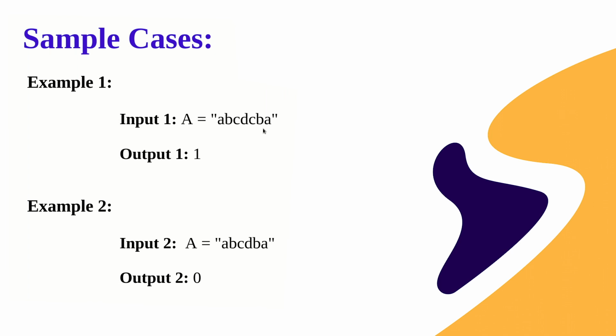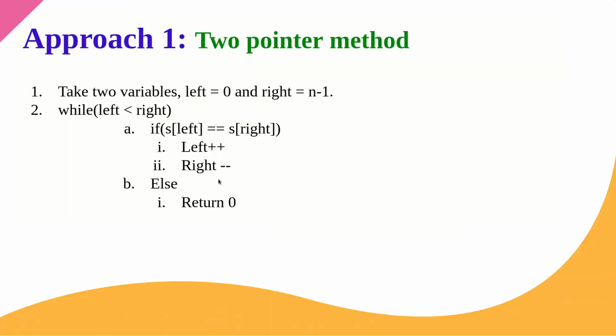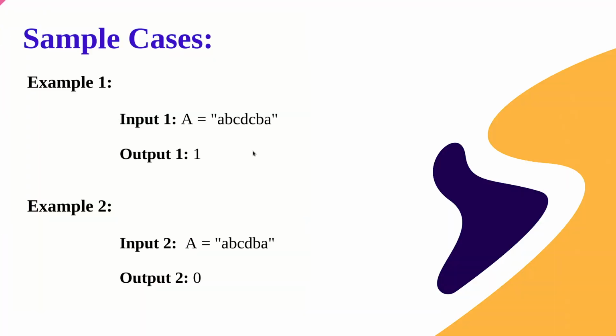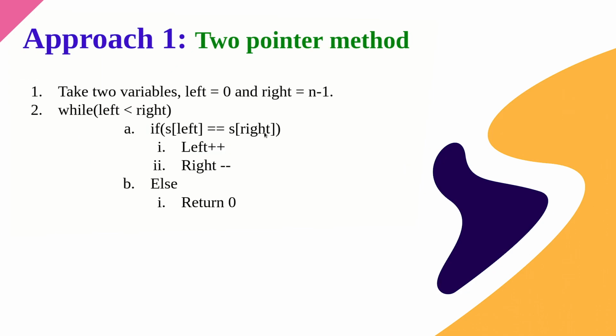Now again, when we are updating the right pointer, what should it do? Do we do right plus plus or right minus minus? Just think it for a while. We are moving in this direction, the left direction, so that's why right minus minus. So by update, we should decide what to increment and what to decrement. The left pointer should be incremented because we need to move it right, and the right pointer should be decremented in order to move left. Okay, think it for a while and you will definitely understand it.